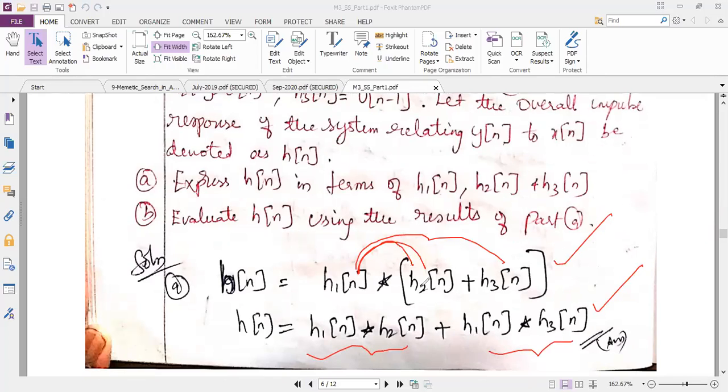So actually, the second part I have not solved in this notebook. So I'm going to solve it now. I want you to give me the inputs. I'm going to stop this screen sharing. Give me the input so that I will just write it on my screen and solve the problem. So your output was h of n is equal to, what is the output?